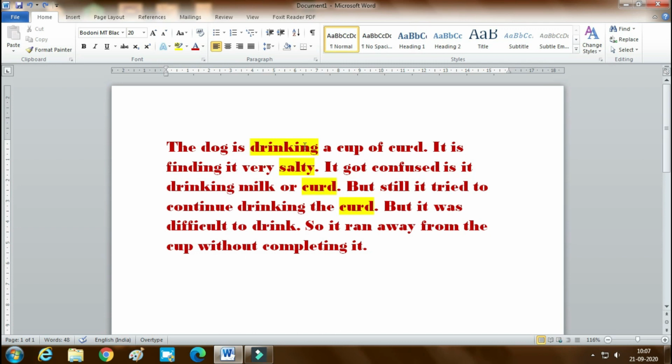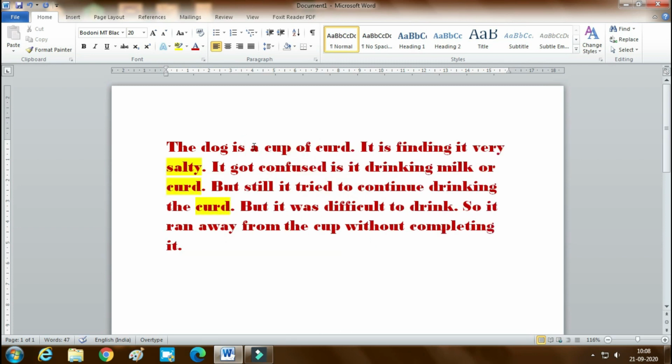Now one complete word we shall delete. How to delete it? We have to click on the beginning of the word and press the control button and delete button. The word is deleted. We shall do it once again. This is another one: control and backspace. Press the control key and backspace. Now once again we shall do it using control and delete.